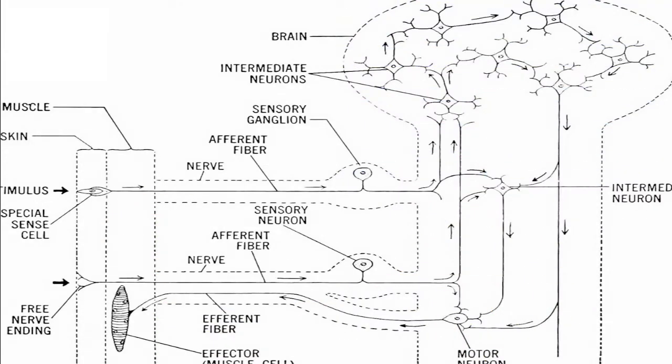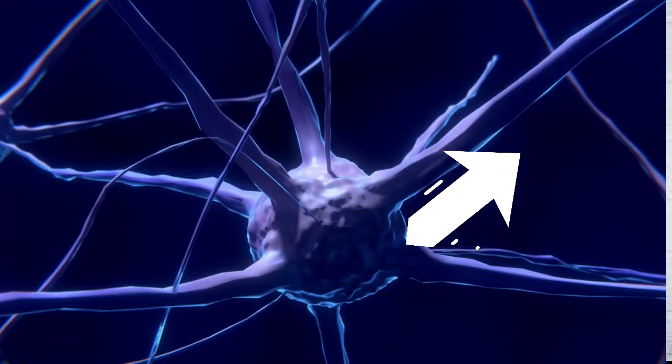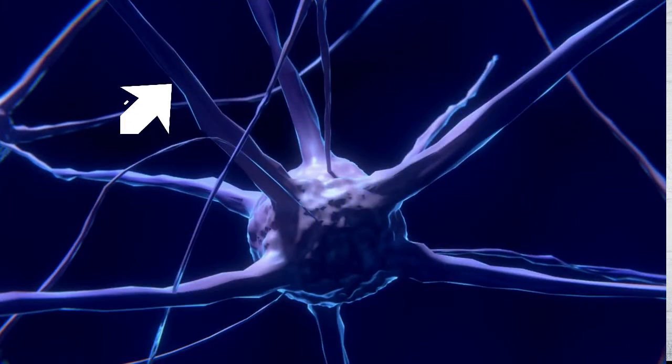As you can see in this picture, there are a lot of pathways through which the impulses travel: free nerve endings and a lot of other things. You don't have to know that now. Just know that the muscle, skin, all of those things have a nerve ending which starts the impulses. Here you can see the electrical impulses travel from the nervous system to different parts,